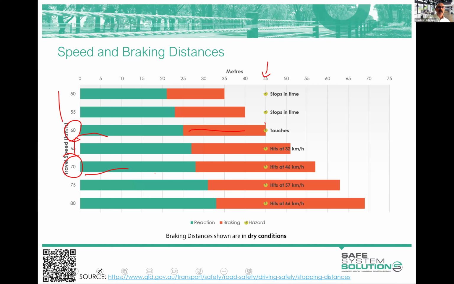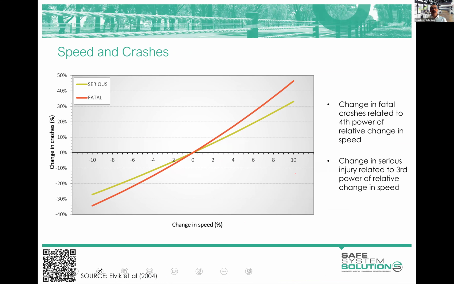They need that time to look, to process the information, and lift their foot up, and then they hit at 46 kilometers an hour. So not just 10 kilometers an hour more, it's not a linear relationship. And if you overlay that with the speed injury curves that I showed at the start of this module, you get a really interesting